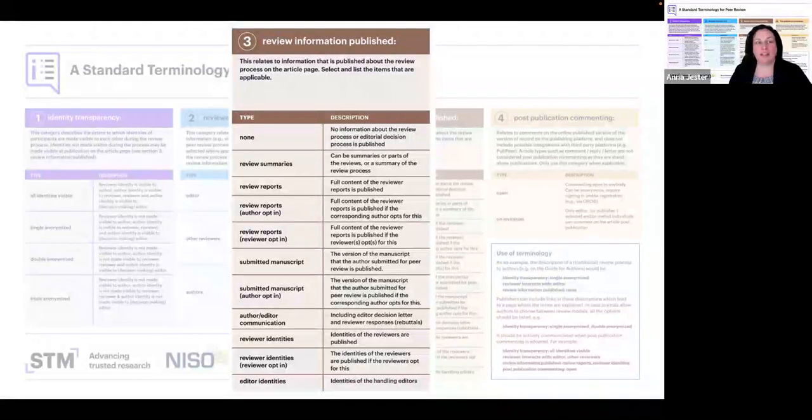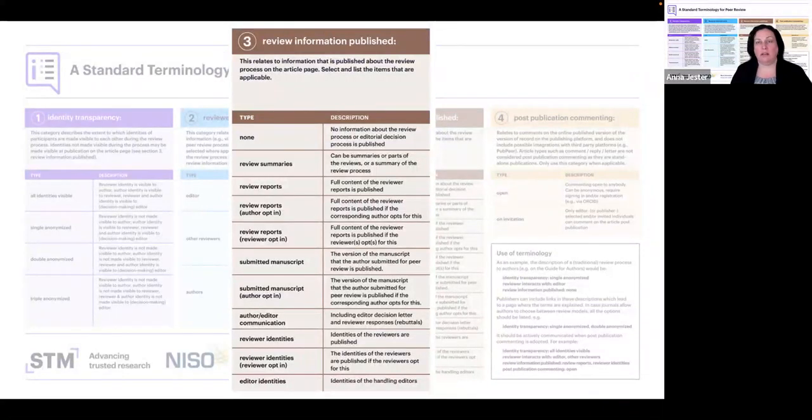But the others, you can see things like reviewer summaries. A summary is a pretty broad word. It could be something as simple as 3 reviewers reviewed this paper, or a much more detailed summary, right? The same with reviewer reports, which would literally be those comments that came back from the reviewers. You might also have options where those are included only if the author opts in to allow those to be published, or only if the reviewers have opted in to allow those to be published, as well as things like the submitted manuscript. And again, you might have the option where only the submitted manuscript is included if the